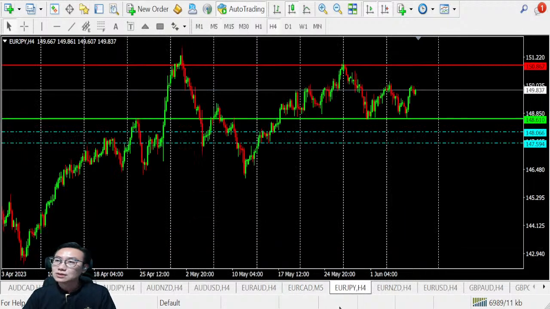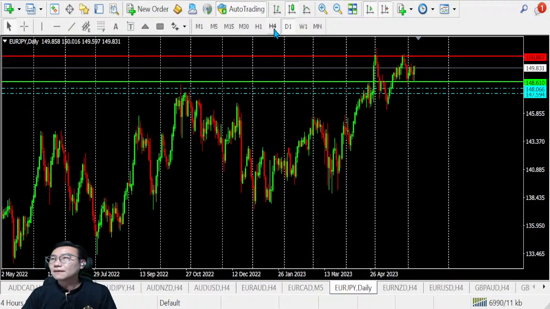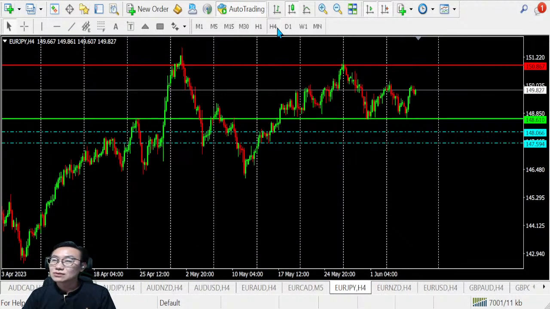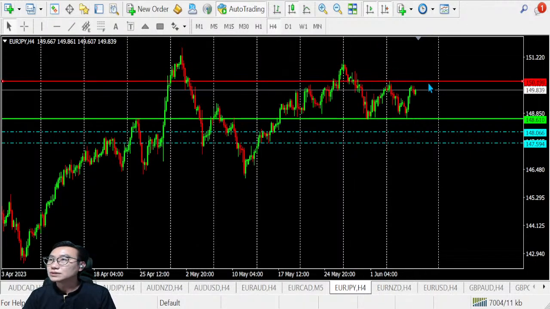So let's move on to Euro Yen. For Euro Yen over here, as in the bull, we can look out for a bull running up towards this area of resistance. This is also a form of interchange, showing a good sign that the trend may be transiting from the bull into the bear. So it looks like we are working hard in the transition for the Euro Yen. Right now, I think it's very clear that we are going to test onto the resistance up here, or even here.